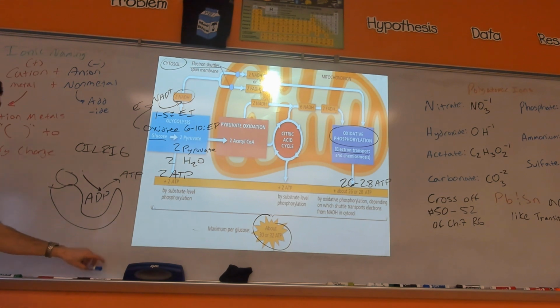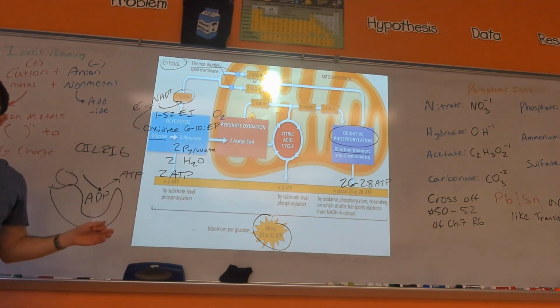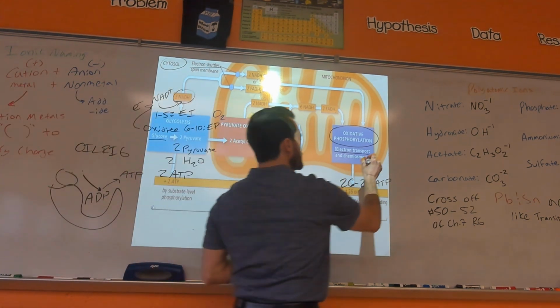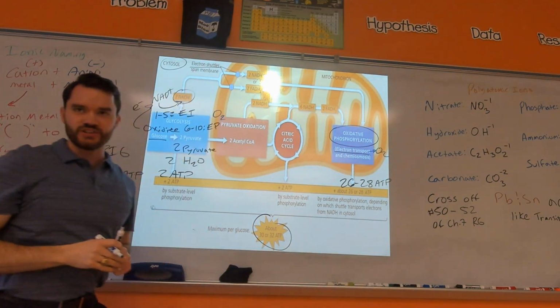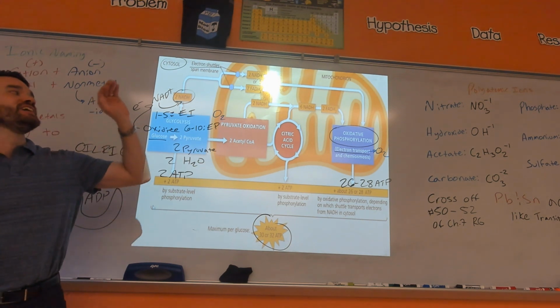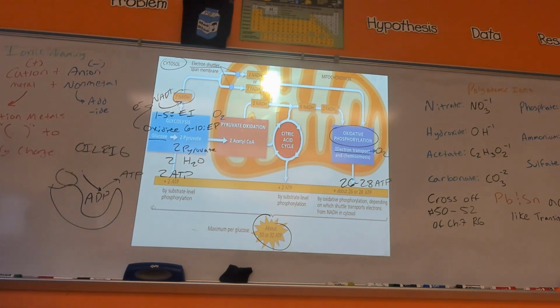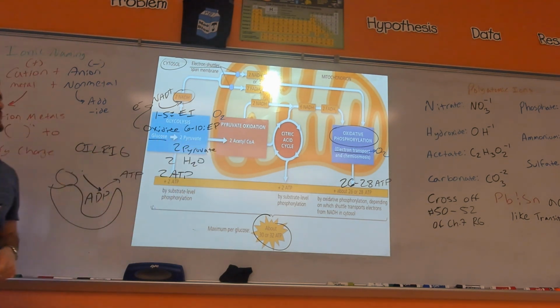Now, assuming oxygen is present, we then go through the rest of cellular respiration, because you need oxygen at the very ending part of the electron transport chain. So the cell's not going to waste its time doing pyruvate oxidation and the citric acid cycle if it doesn't have oxygen present. Okay? So if we have oxygen, then the pyruvate is going to go into the mitochondria,